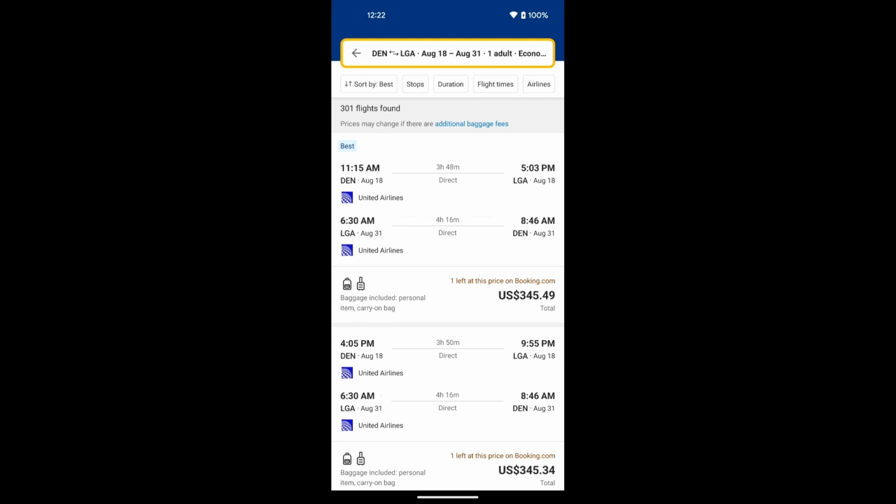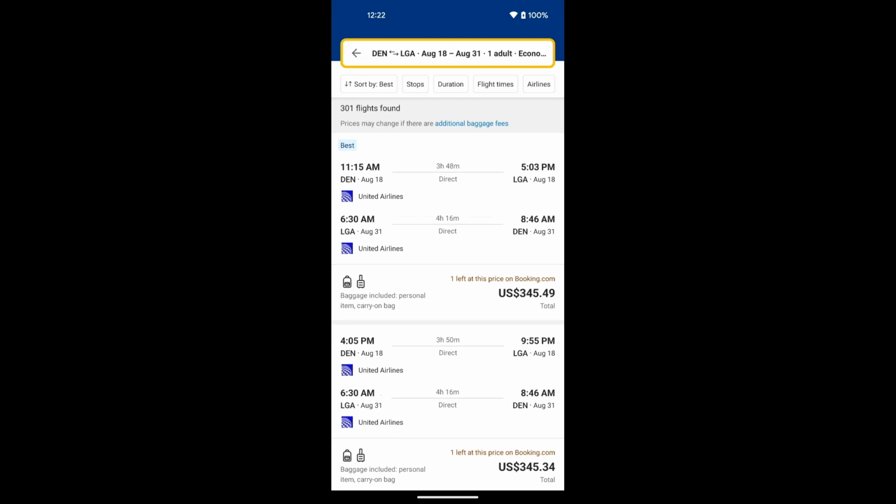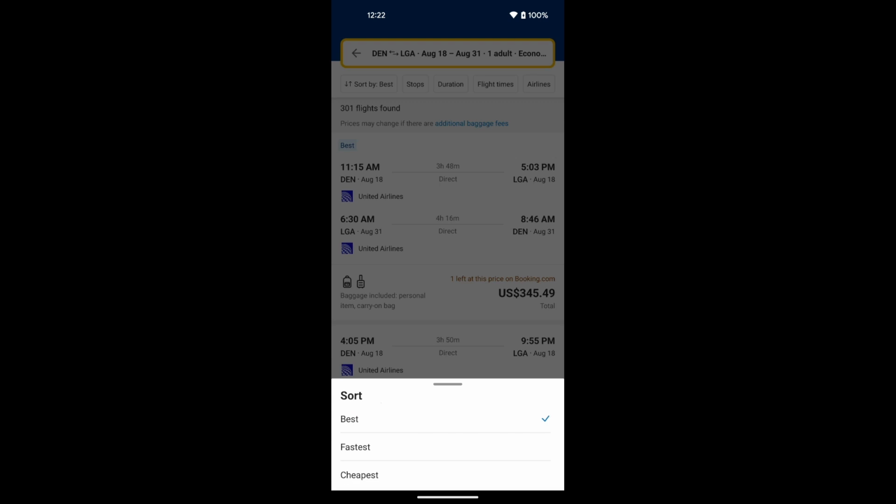Now, if you would like to choose specific flights, airlines, or just sort from lowest to highest price, click the Sort By button at the top of the screen and select Best, that's just a random measurement, Fastest, which means what are the fastest flights there, what's the fastest flight back, or Cheapest, which is priced lowest to highest.